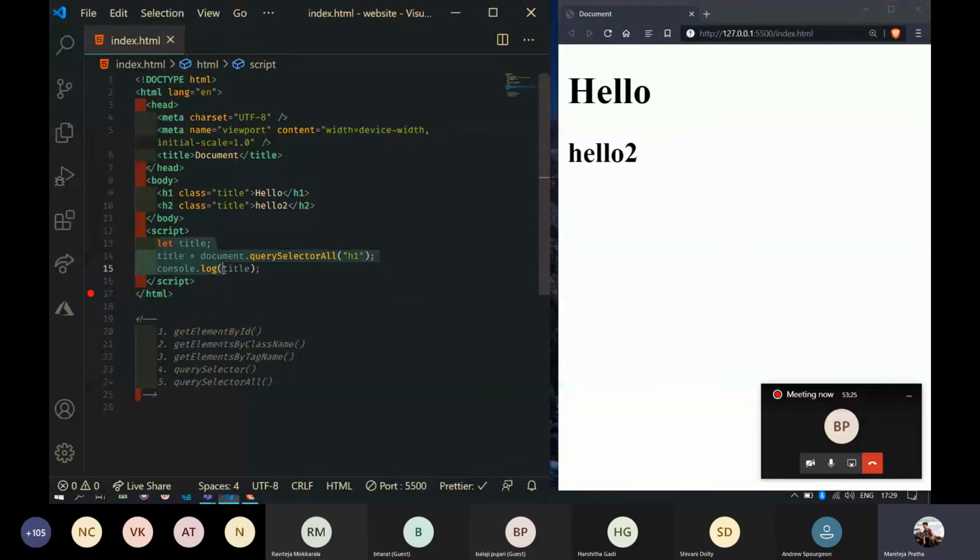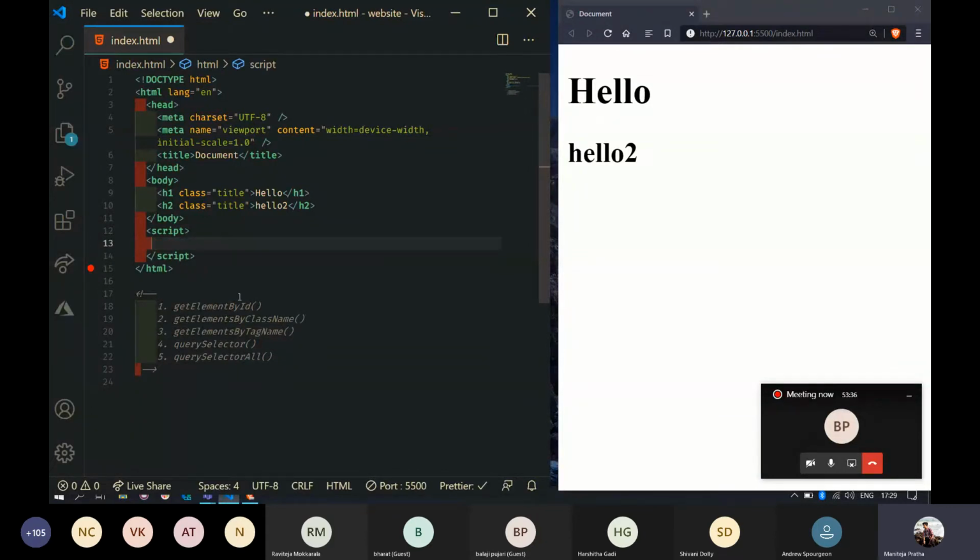Now let's see how you can create HTML elements with the help of JavaScript. Guys, any one of you can unmute yourself and answer the questions, okay? Now tell me, how many HTML tags do we have currently in my web page?